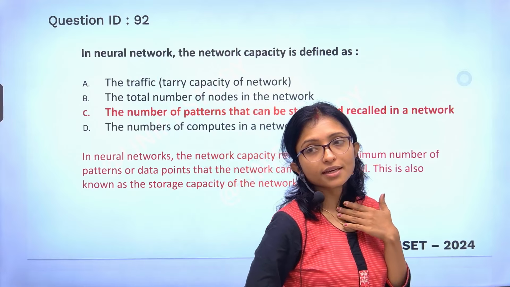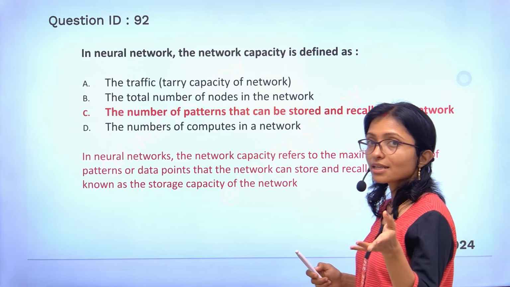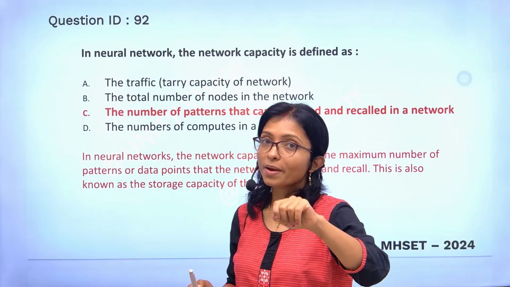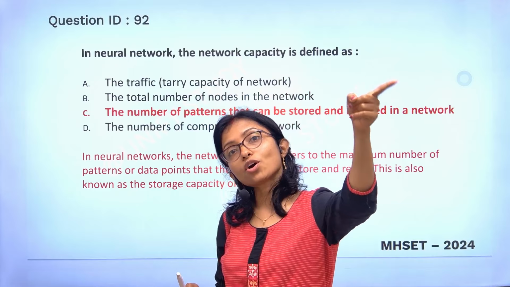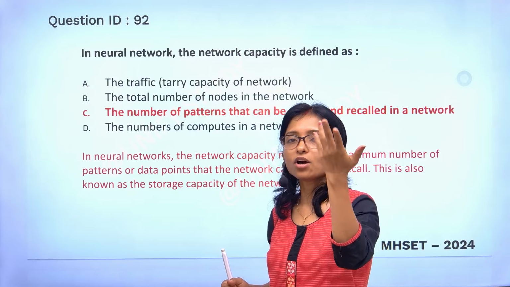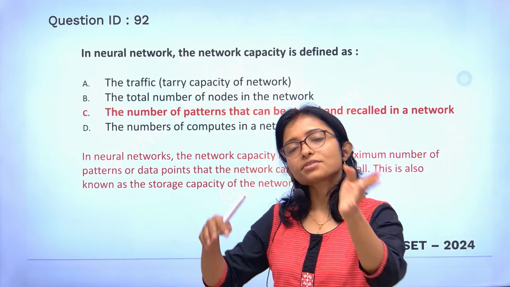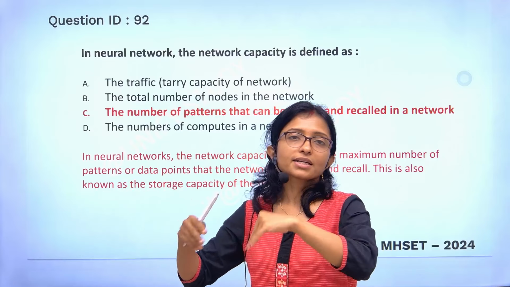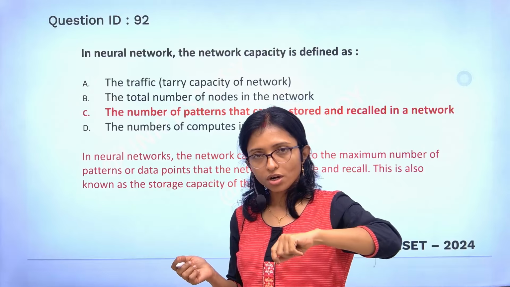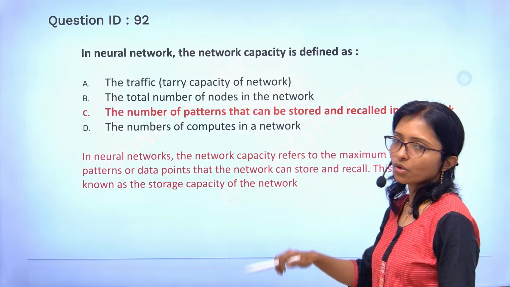How are you thinking that you are doing good or not? Here, the neural network capacity. What is your capacity? You are doing so many questions. Capacity means you are able to remember those patterns of the question and you are able to recall them in the exam hall. That is your capacity, depending on your brain capacity. Here, those who are live, 79 live still now, and after that also so many people will watch, but everyone will not be able to recall. Your capacity depends on how much you are able to store and recall. So that's why this is your answer.